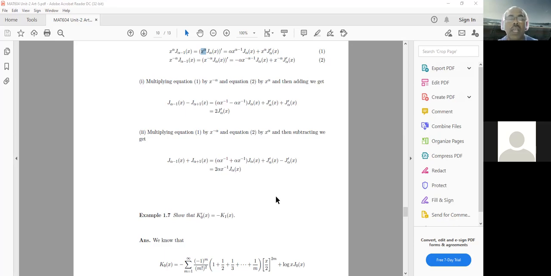So in this way, one can have a relation between the derivatives of the Bessel function of order alpha and the Bessel functions of different order, say alpha minus 1 and alpha plus 1. So with this, now I will stop here. If you have any queries regarding this, you can